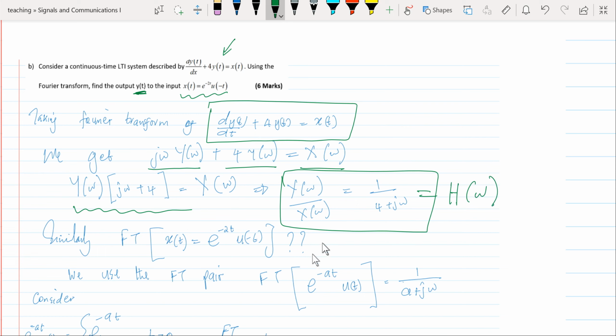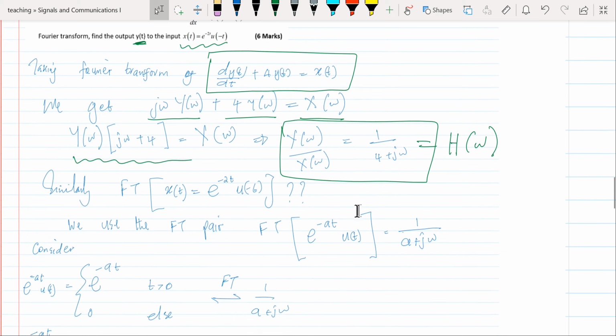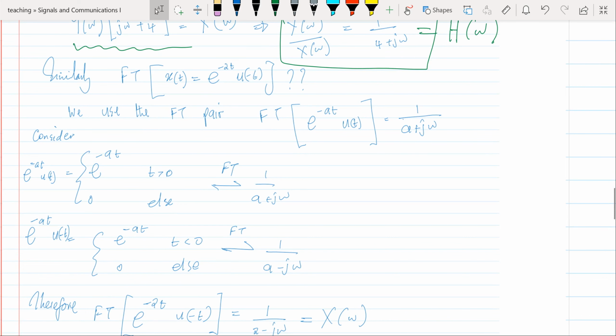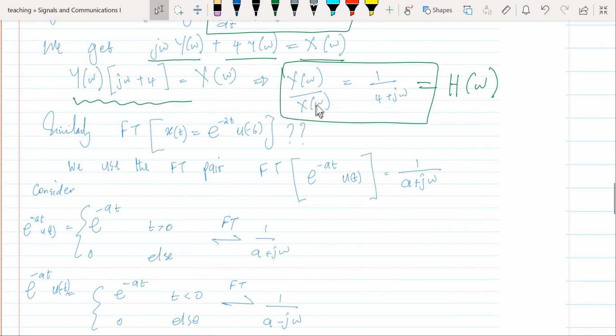So the biggest question here is to find the Fourier transform of x of t, so that we can find Y of omega from X of omega multiplied by H of omega. Because we have already found H of omega,